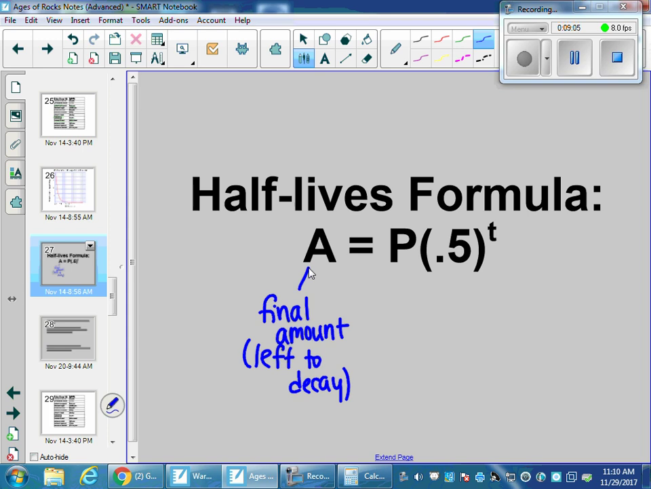In order to calculate that, we need to know how much we started with, and that is represented by P in this equation. So the original, or the starting amount, is represented by P. The 0.5 comes from the idea that it's a half-life, and so we're using that with our exponential equation here. And then T is the number of half-lives. We can use this equation to calculate how much radioactive material is remaining, and how much has